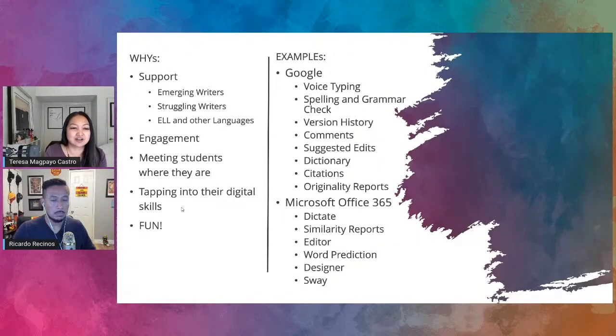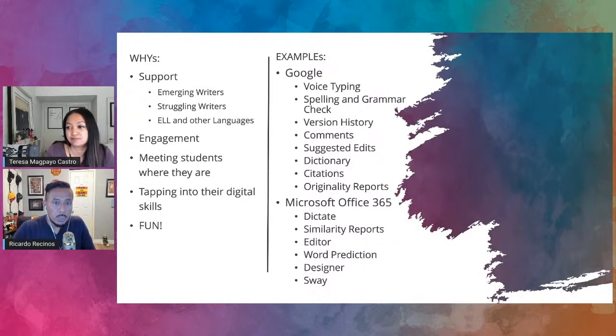So we're not going to talk about all these right now. We're actually just going to go through them. So we're going to spend a lot of time in Google and in Microsoft Office 365. We have so much that we wanted to share. When you talk about writing, you can go on forever. We could do a series just on writing, but we wanted to talk more about tools that we notice a lot of educators and students overlook. They don't know that these are actually there. So we wanted to talk to you about those kind of hidden tools that are so amazing and so useful, and hopefully you could find use for them in your classrooms.